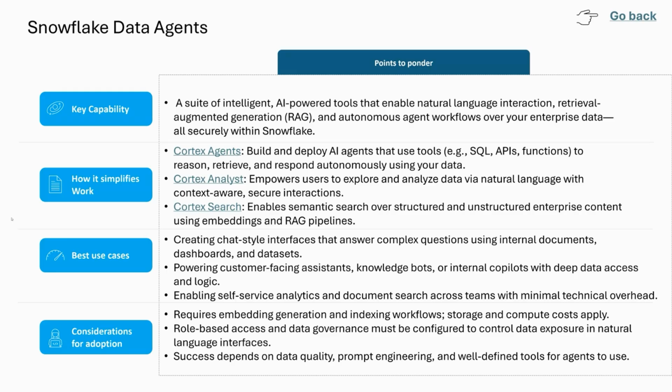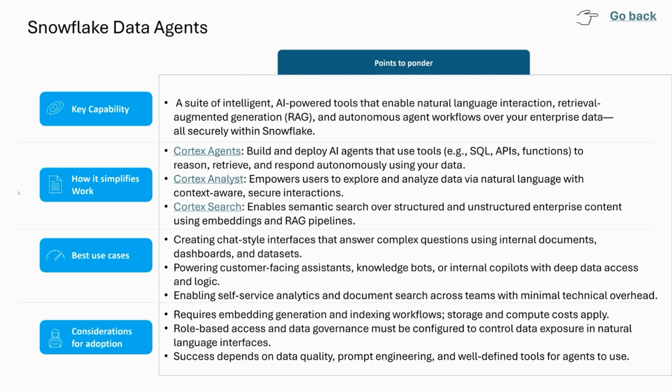Absolutely, yeah. I know a lot more agents are in the roadmap to be added to the set of Snowflake capabilities. But now, using data agents, we can take any problem statement and split it into smaller problem statements or tasks or subtasks, and we can create individual agents for each of those subtasks, and then Snowflake can seamlessly orchestrate those internal agents and give a high quality and highly accurate output to the users.